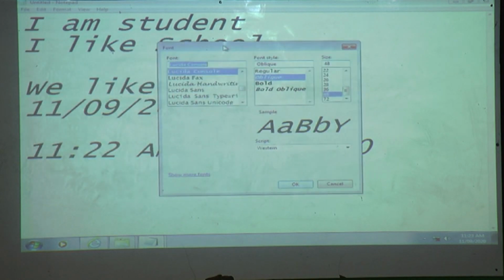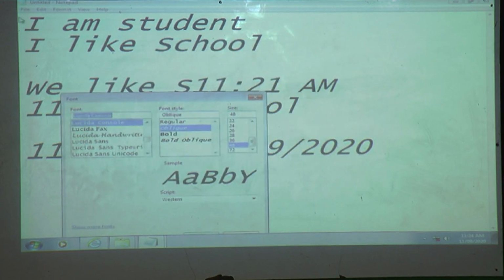Now next is font. What is the use of font? This option is used to change the font, meaning font size also, font style also, type of handwriting. Font means what? Type of handwriting of the entire text in the notepad before printing.